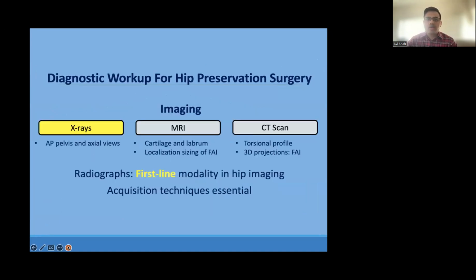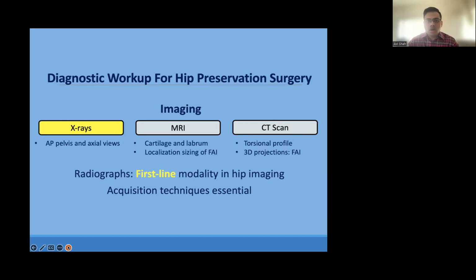So the diagnostic workup for hip preservation, in regards to imaging, has X-ray as the main basic investigation. And then we also have MRI and CT scan. We have Dr. Daftary who will be talking about the MRI scans later. So in X-ray, a good AP pelvis and axial view X-ray is the first line modality in hip imaging and